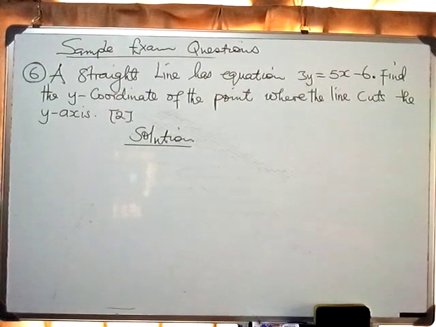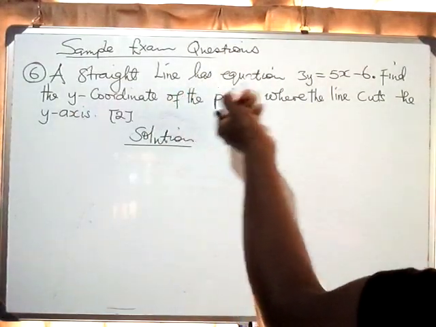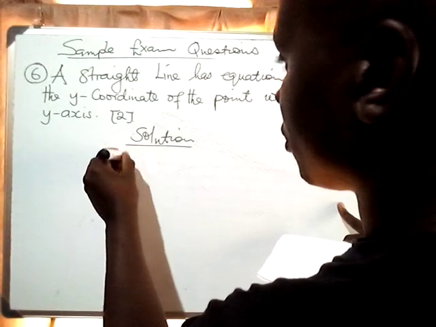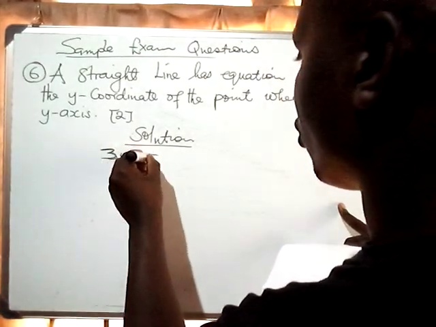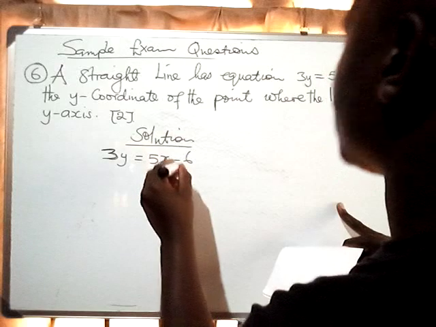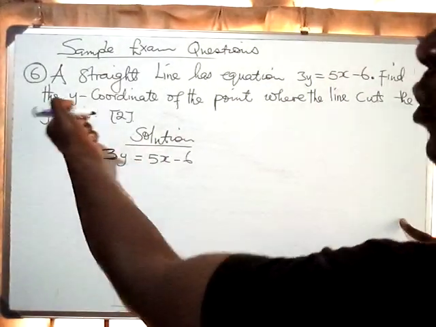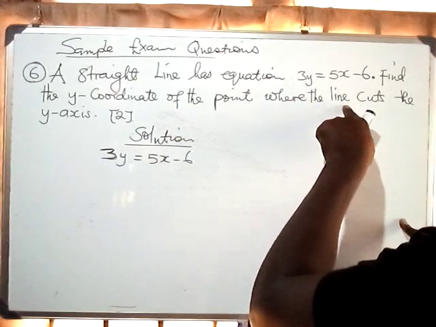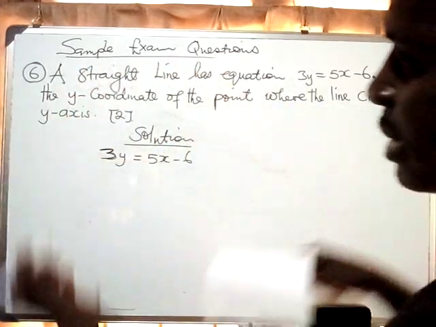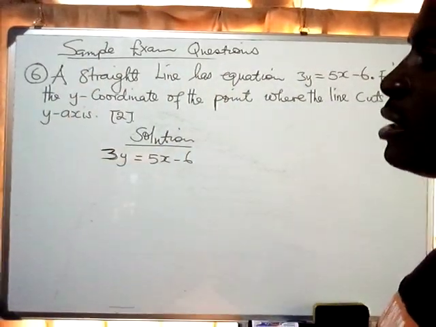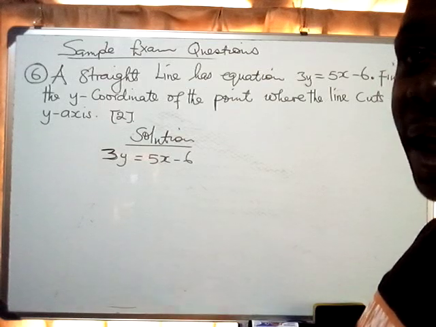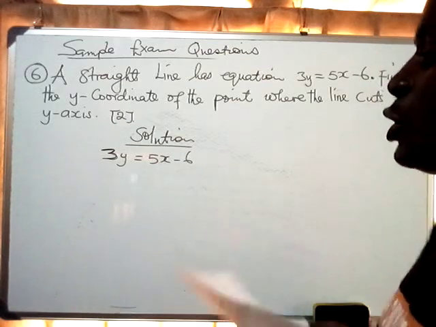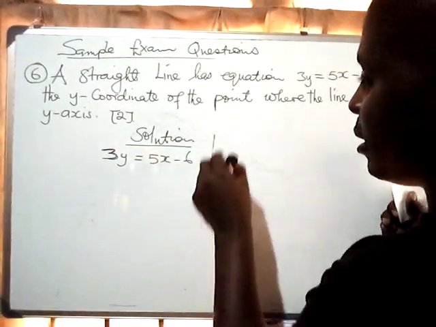The last question. A straight line has equation 3y is equal to 5x minus 6. Find the y coordinate of the point where the line cuts the y-axis. Remember, when the line is cutting the y-axis, what we should know is that the value of